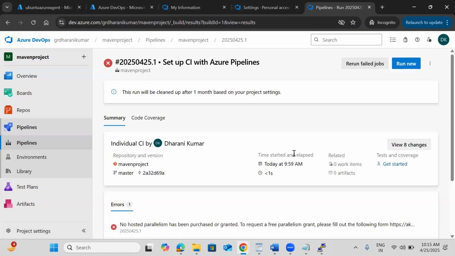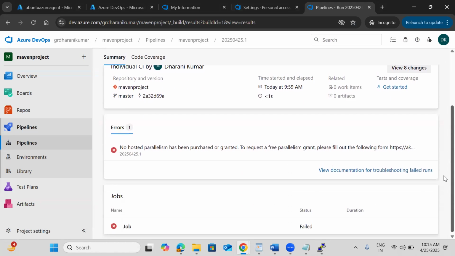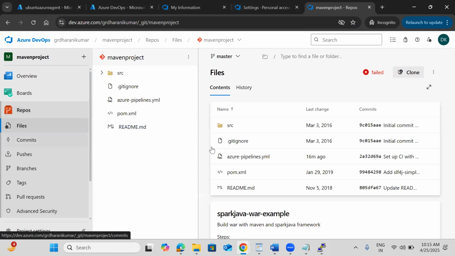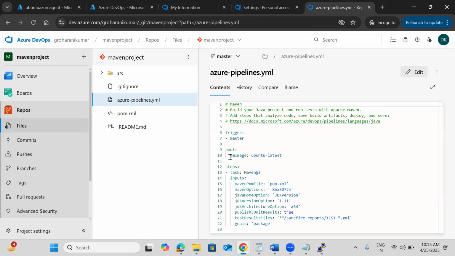using parallelism, because if I go to my pipeline, this is having VM images. The VM image we have is Ubuntu latest only. Ubuntu latest. But what we need to have there,